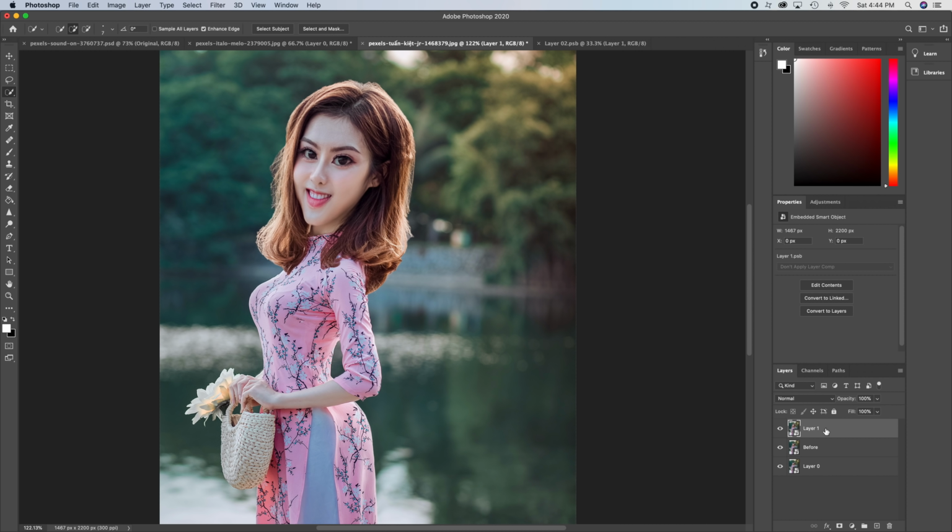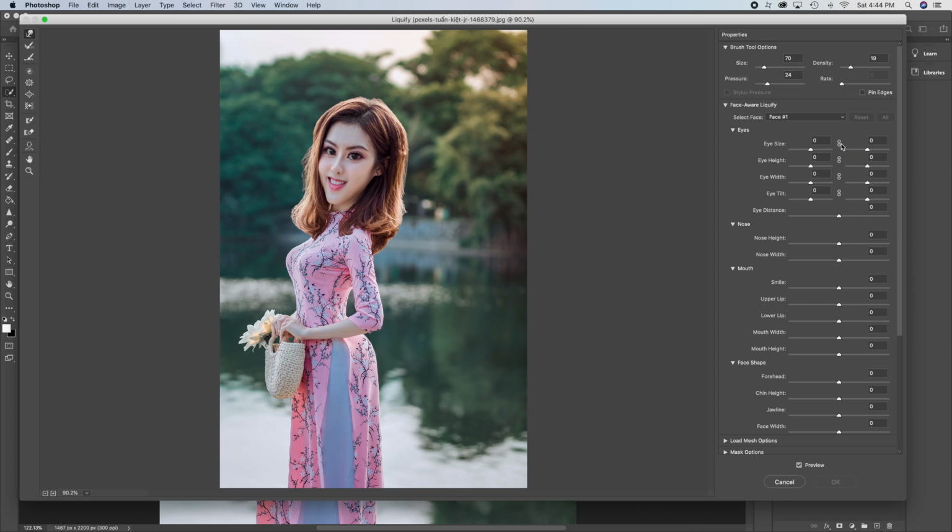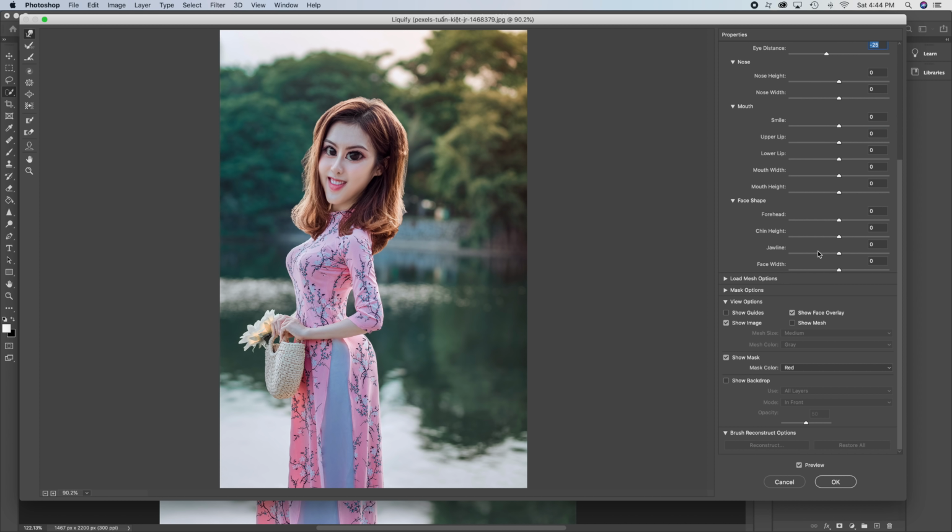And then if you want to make the eye bigger once more, you go to Filter and click Liquify. It's going to open this back, and then you click the eye size and link them together. Make the eye bigger, make the eye height bigger, make the eye width bigger, and tilt it better. Eye distance, separate them or bring it closer. Let's see, -25. You can make any adjustments if you want to. Make the forehead bigger or lower than what you had before. And if you are satisfied,